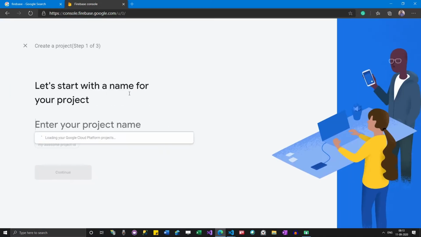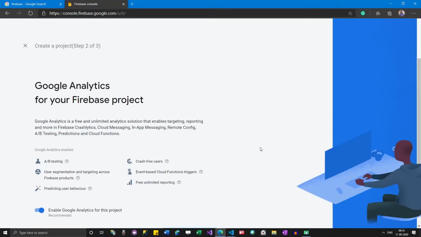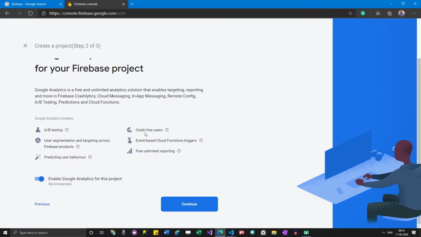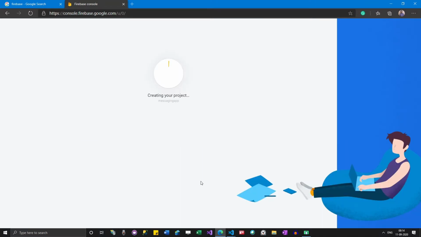I'm going to give a project name, which will be messaging app, and click on continue. I will leave these options by default. I really don't need this, but I will leave it, then select an account and create the project.